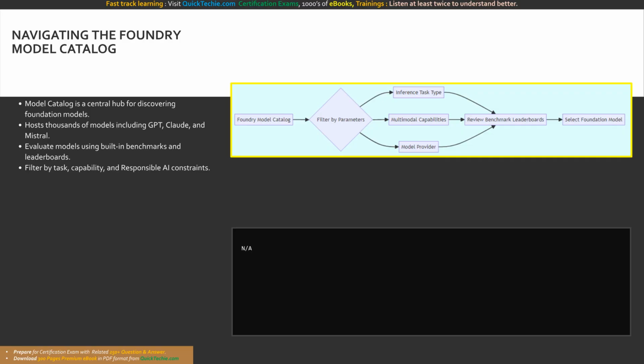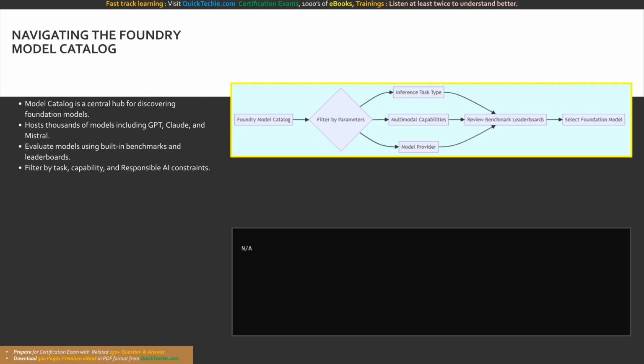The Foundry portal even features global model leaderboards that actively rank these foundation models based on critical attributes like raw quality, safety, and inference throughput. If you require assistance navigating this vast catalog, the portal provides a built-in AI helper known as Ask AI. This specialized agent can expertly guide you through the documentation, compare model capabilities, and help you finalize your selection before initiating a deployment. Selecting the correct model based on empirical benchmarks guarantees your application will perform optimally while adhering to